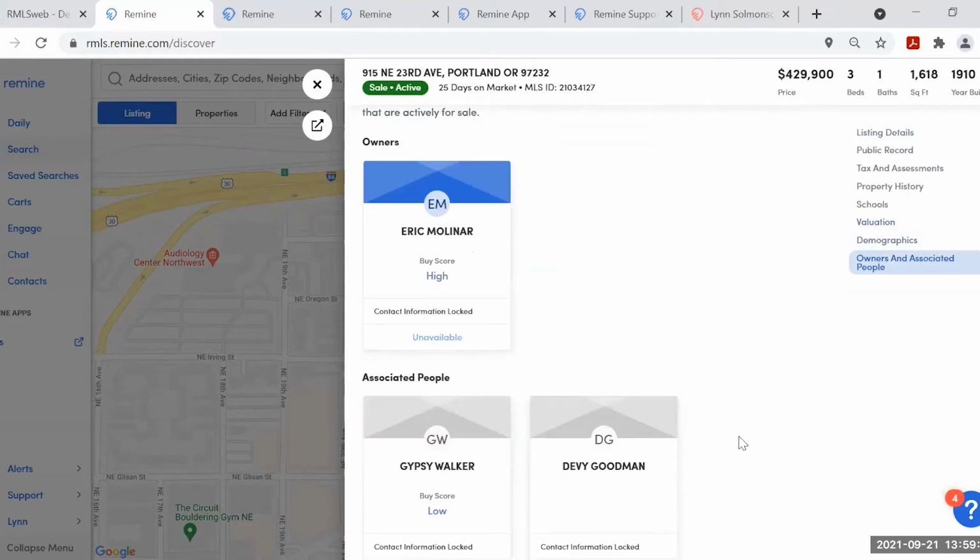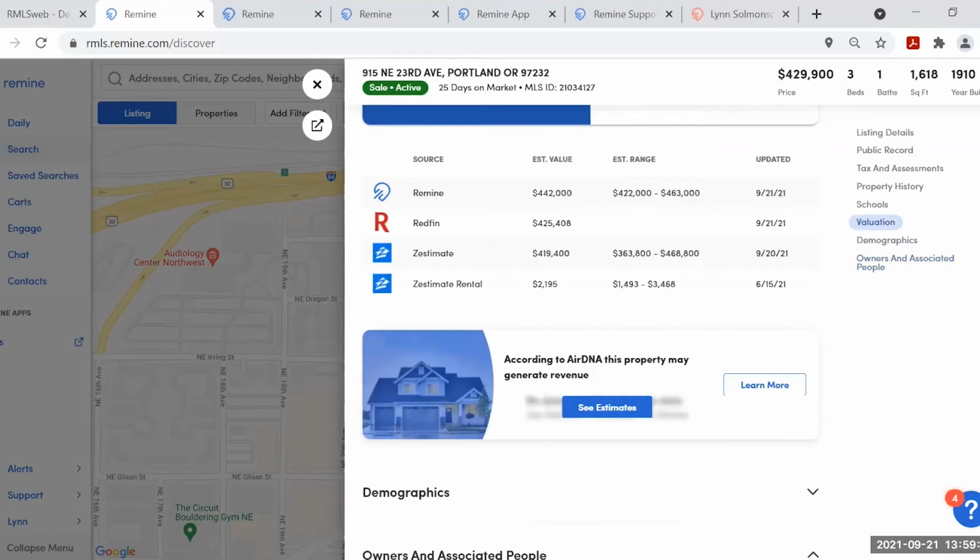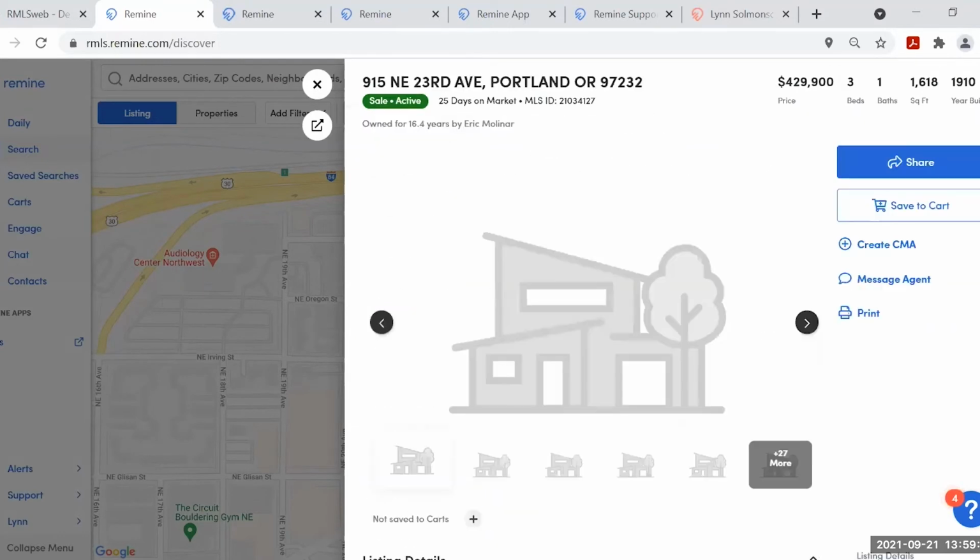You're just seeing past contact information. So this is an active listing, 25 days on market. Okay, so let's say we went through this property. We took our client through this active listing, and we see the current price is $429,900.